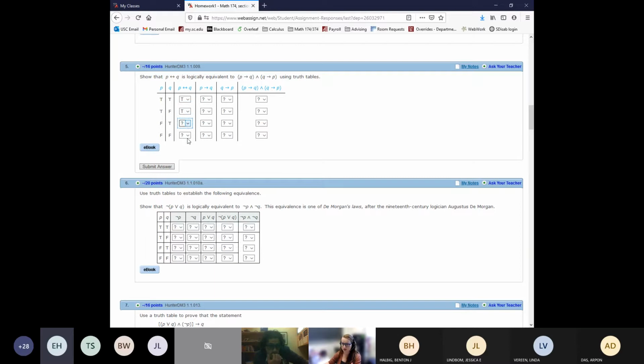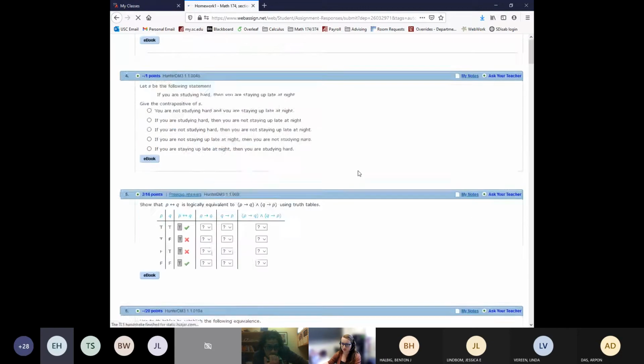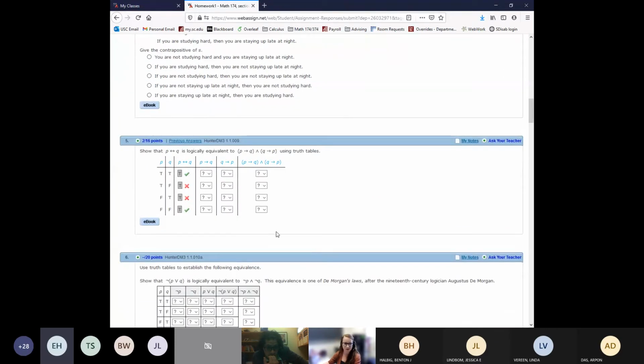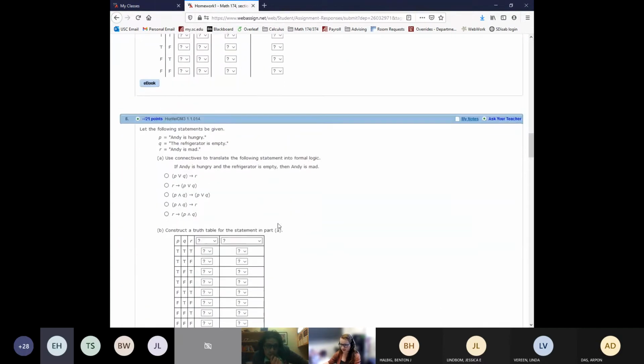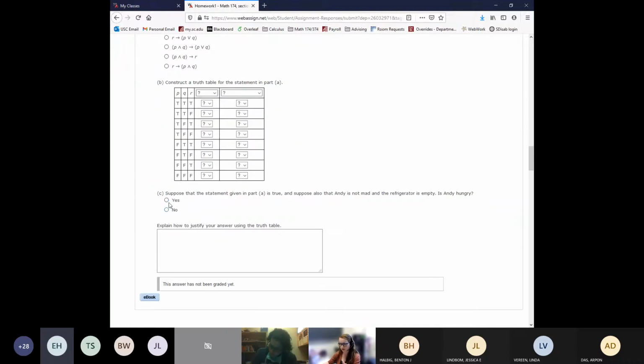But what I would suggest is doing it column by column, because you can just submit half the answer and see what you got wrong and what you got right. That way you don't fill out the whole entire table and get half of it wrong when you could just keep going column by column. And obviously if you get that wrong, then it's the other one. So you can submit along the way if it's got multiple parts. If it's got 5 choices, you have 4 chances. If you have 2 options, you have 1 chance. And then things like this, it's just